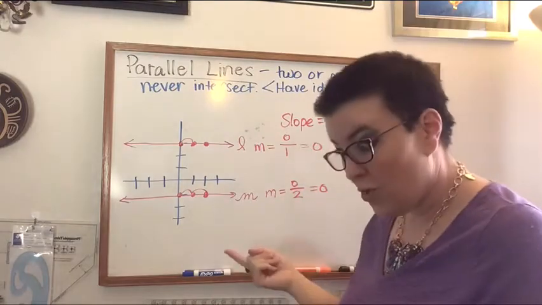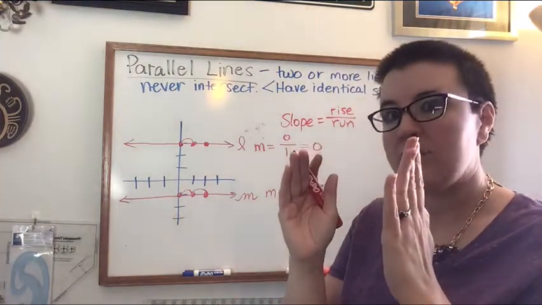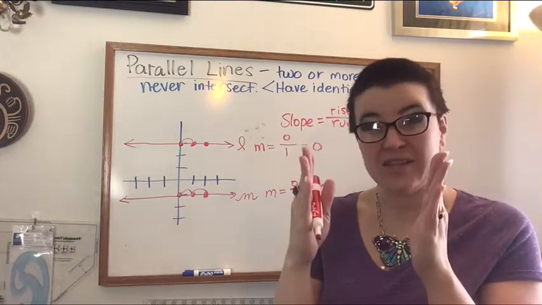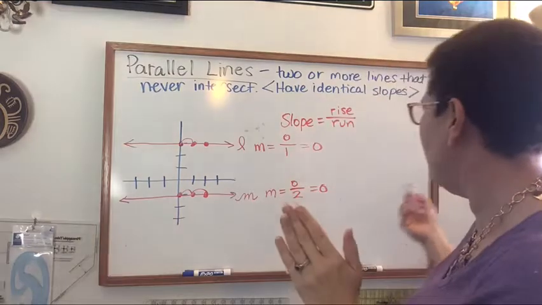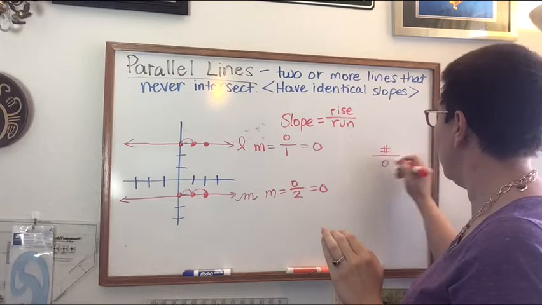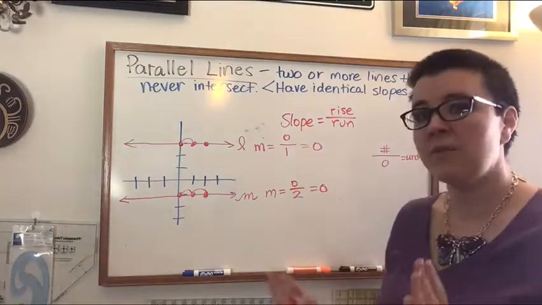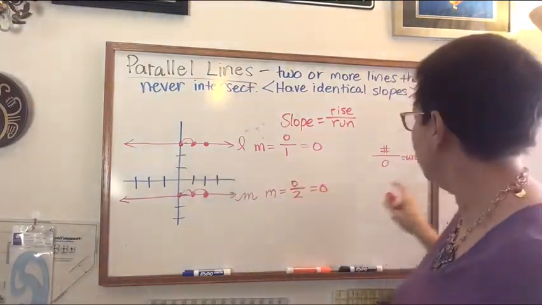Oh. This is true if they're perpendicular. Not perpendicular, sorry, my brain is melted. If they're vertical, vertical lines actually have what's called an undefined slope because you are rising without running. And when you rise without run, you get some number divided by 0, and you can't divide by 0. So you know something is parallel if it has the same slope of 0 if it's horizontal, or